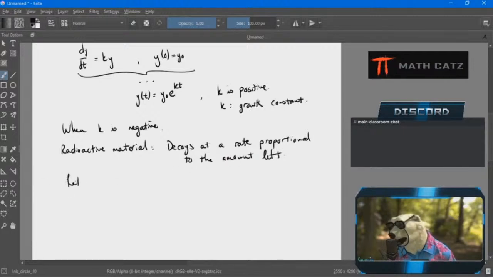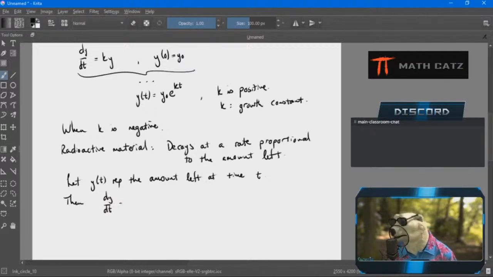So if we now let the y variable represent the amount of the radioactive substance left at time t, then again we have a differential equation where the rate of change, the decay rate in this case, is proportional to the amount left by some proportionality constant. And again, I want to know the initial amount. Now my k is going to be negative,